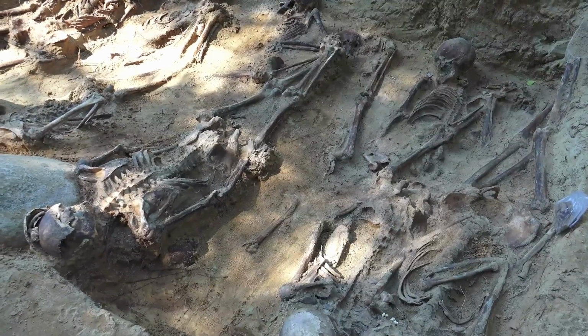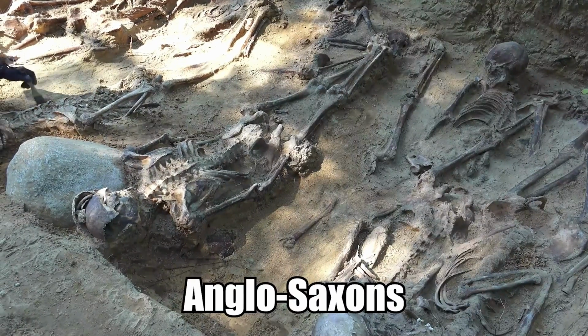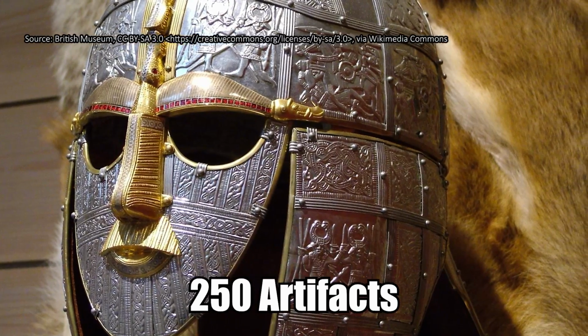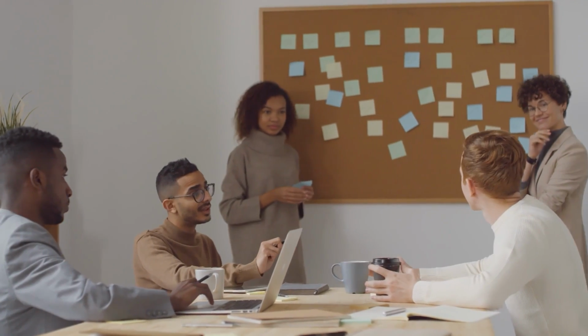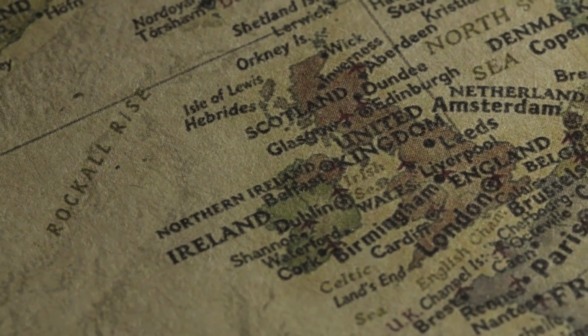Archaeologists just unveiled an incredible cemetery from the Anglo-Saxons with over 20 skeletons. The graves were found in Lincolnshire. Along with the skeletons, archaeologists uncovered over 250 artifacts. Grave goods in the form of knives, pieces of pottery, and jewelry. The artifacts allowed experts to date the cemetery to the 6th century AD, to a time when England was undergoing